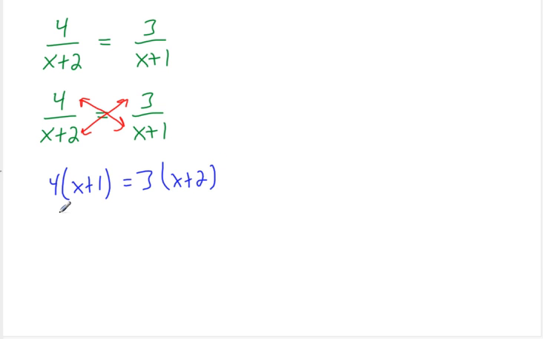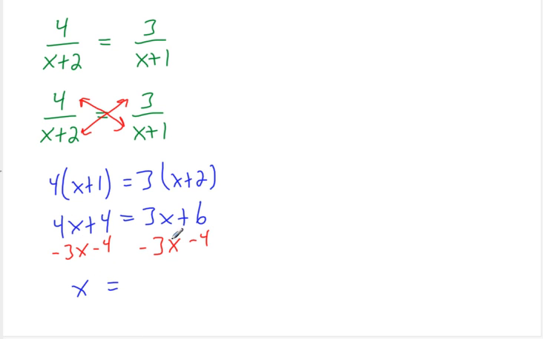And if we distribute, we can get to a point where we can combine like terms. So if I subtract 3x from both sides, and also subtract 4 from both sides, kind of doing 2 steps in one here, I'm going to get x over here, and I'm going to get 2 over here. So x is going to equal 2. And we want to double check that. So 4 over 4 equals 3 over 3. That's true. Easy. Okay, so in this one we just use cross products, a little distributive property, and combined some like terms, and we got the